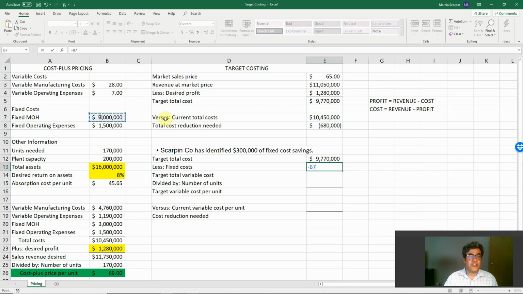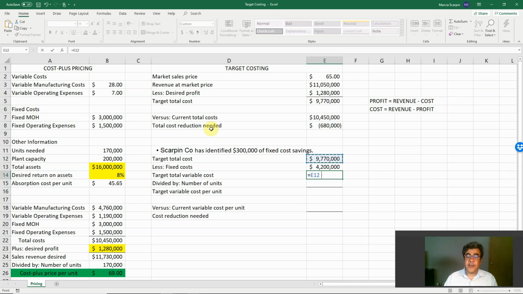Our actual fixed cost will be 3 million plus 1.5 million, less $300,000 savings. So 4.2 million. If our total cost is 9.77 million and our fixed cost 4.2 million,